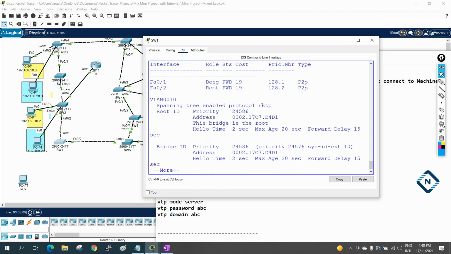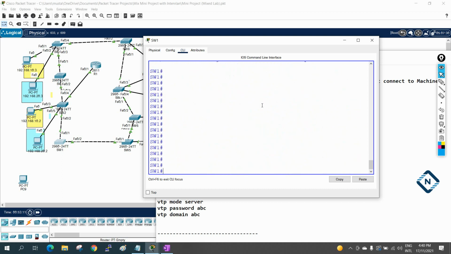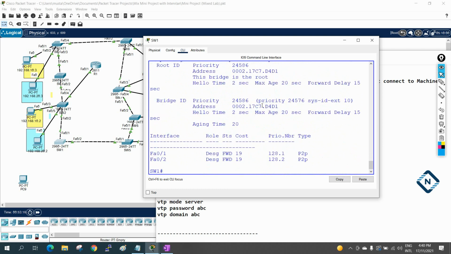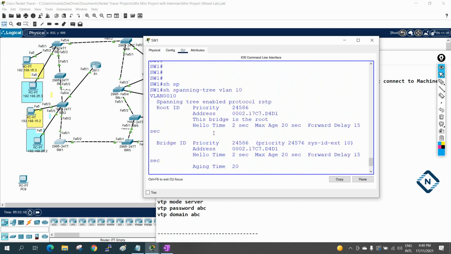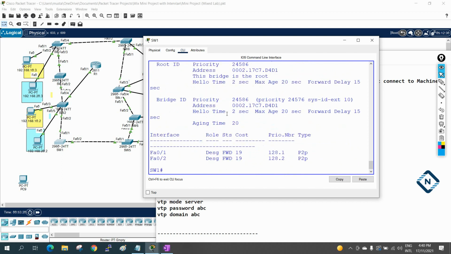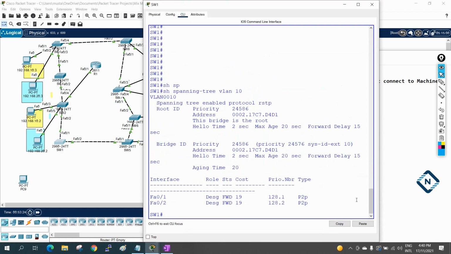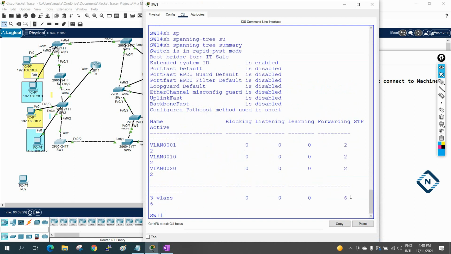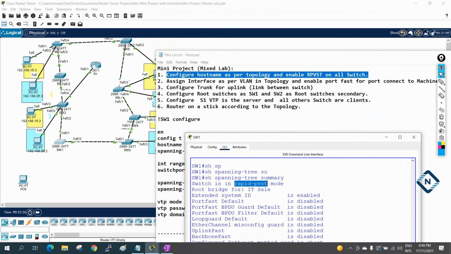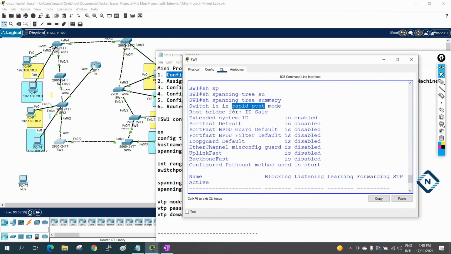If we write show spanning-tree VLAN 10, this is for VLAN 10. I am checking RSTP is enabled here. And if you check show spanning-tree summary, here you can check rapid PVST is enabled. Okay, so second point, we verified this one. The host name is configured and the RPVST is enabled in switch 1.